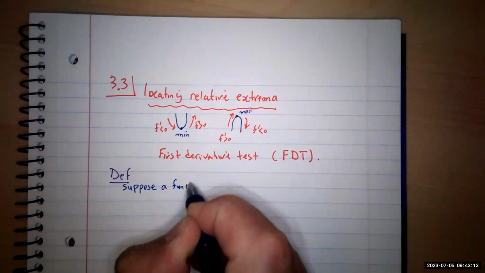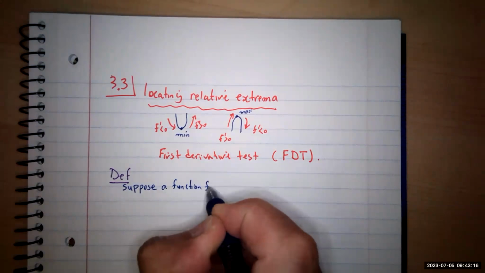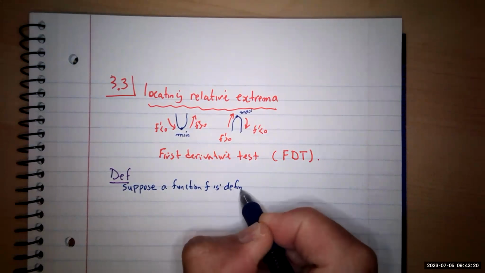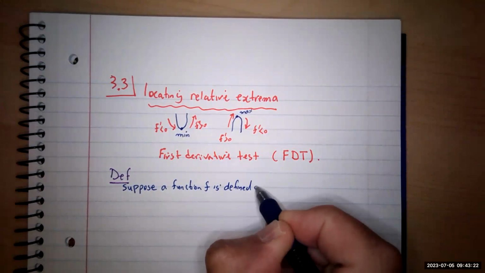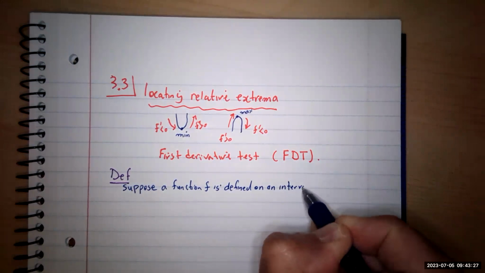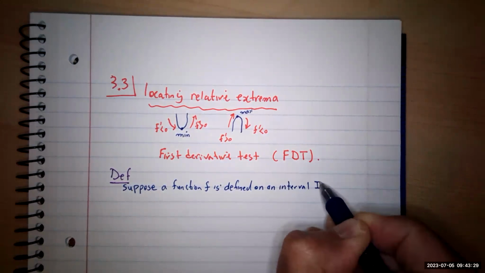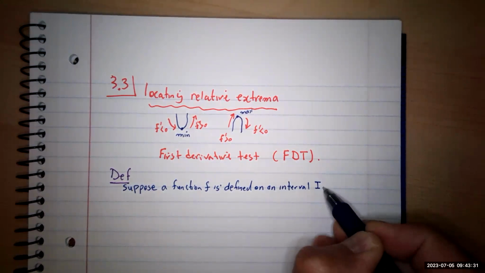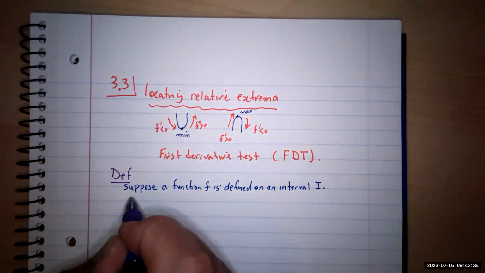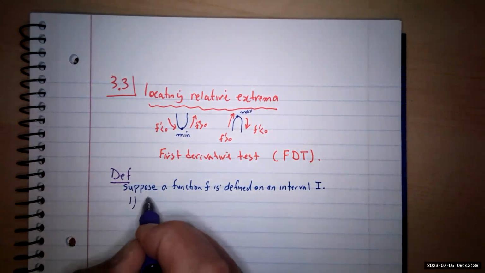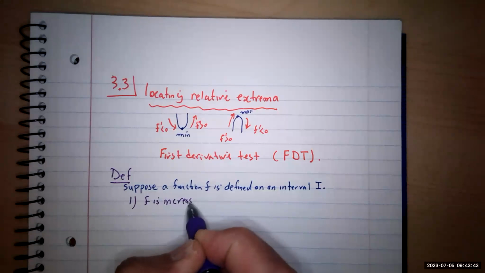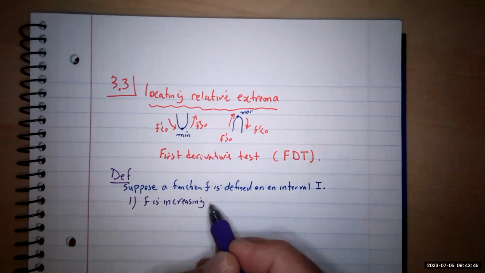Suppose a function f is defined on an interval, the domain. On an interval, we call it I. It's not going to be a closed interval. First, I want to define an increasing function, up, up, up. F is increasing on I